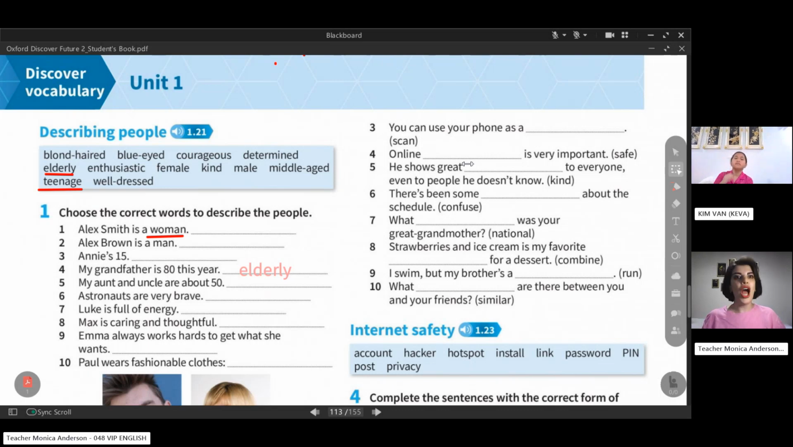Okay, teacher. Okay. So let's check the answers. Number 5. My aunt. Could you read it, please? Middle age. Could you read it completely, please? Not only answers. My aunts and uncle are about 50. Yeah, so they're middle-aged. And number 6,